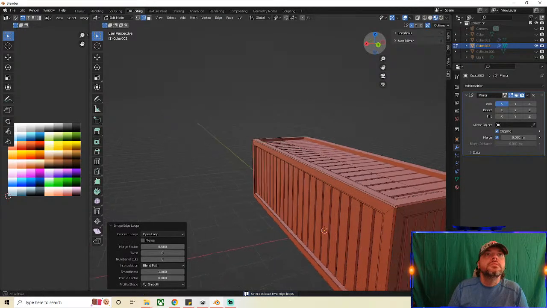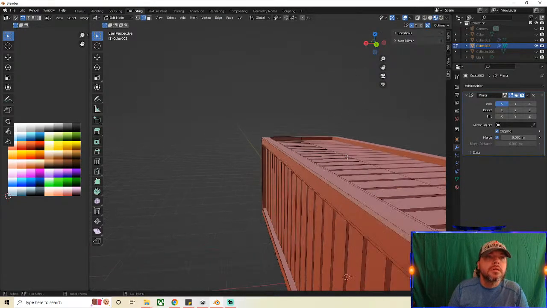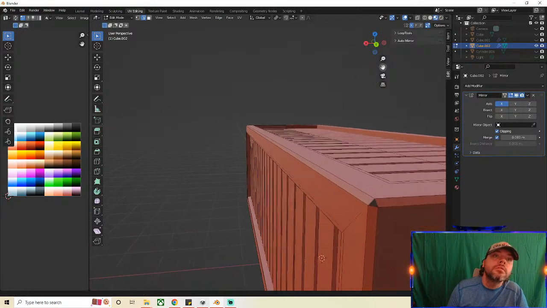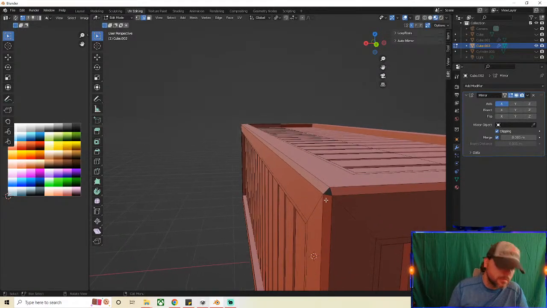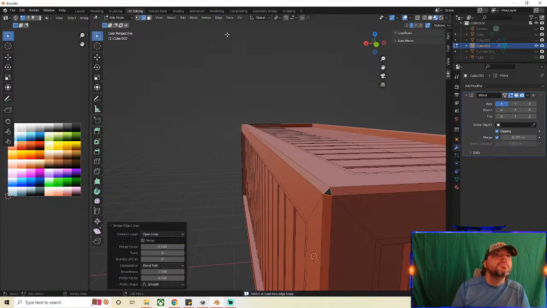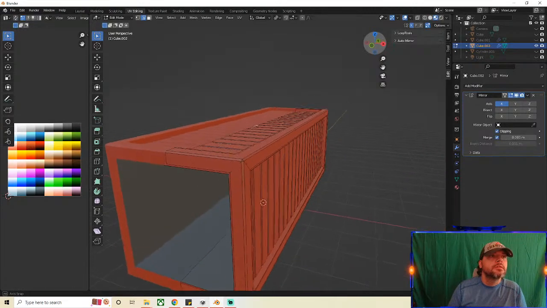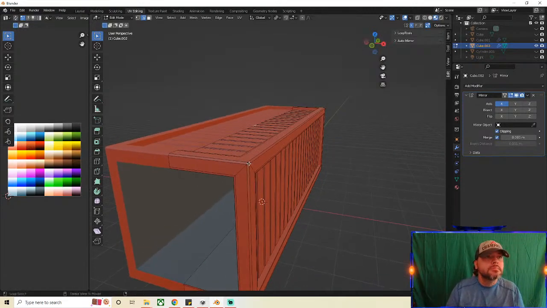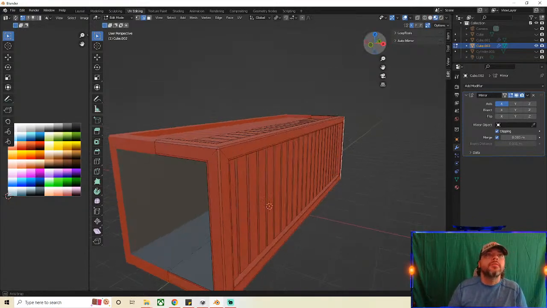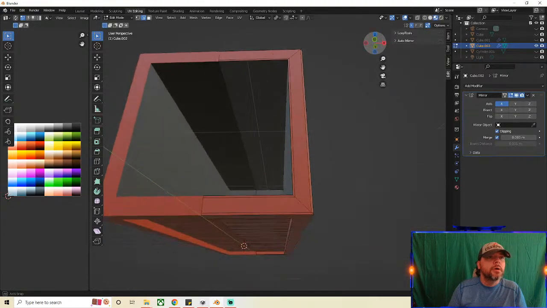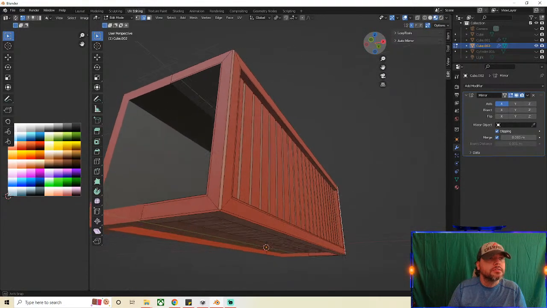So now Control Z, edge, bridge edge loops. Well, there's an easier way to do this, and that's with the F key, face. Face. And now I have applied my own personal bevel modifier to this thing,